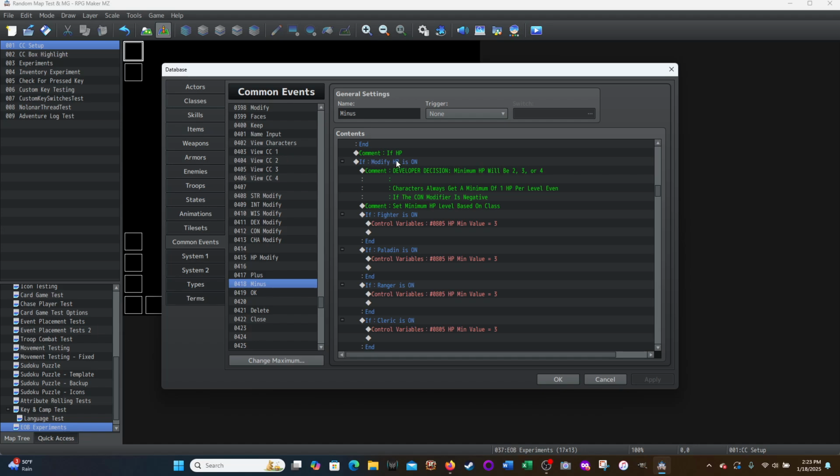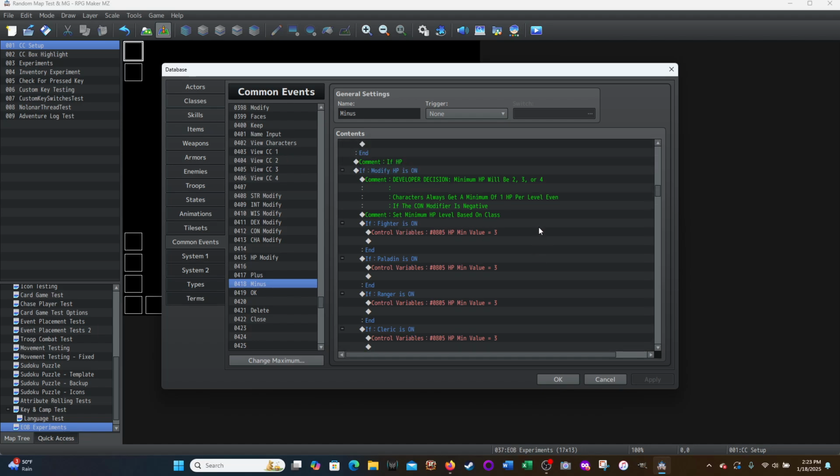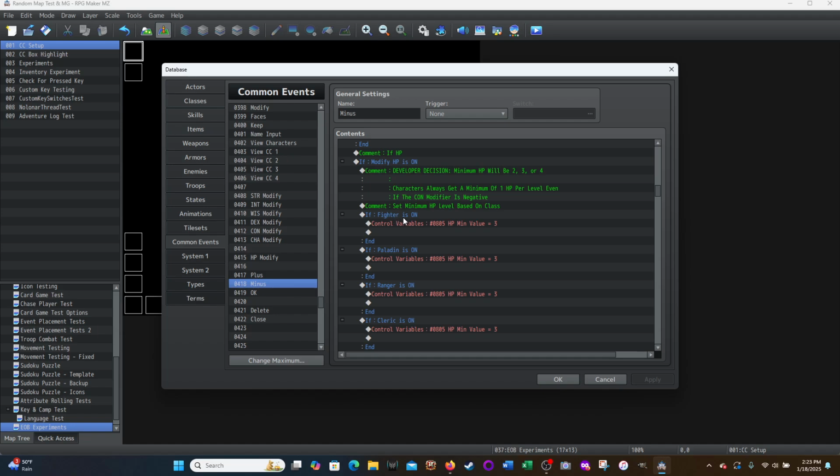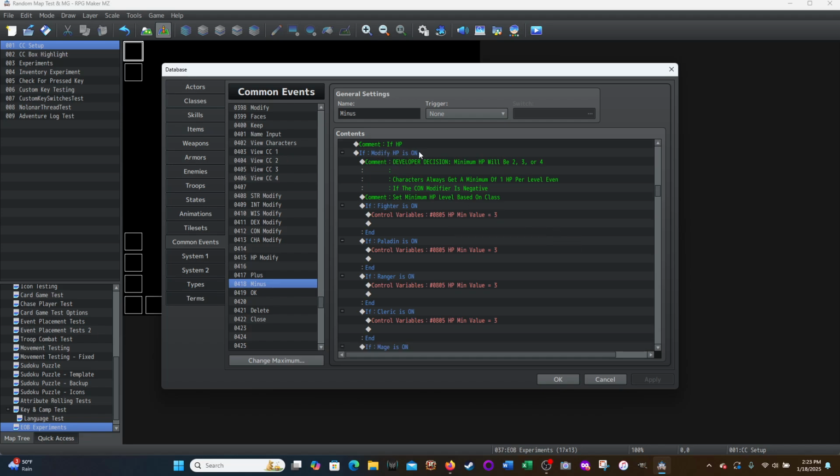And then HP, you're going to see, is similar to other sections that you could copy and paste from. But actually, I'm sorry, you already copied and pasted from the plus, so you may not have to, anyway. If it's already here, then great. If it's not, this is the min value, so you may have to add it in. Just be aware that this would not have been in the plus option, because now we're dealing with minimum values. So if modify HP is on,